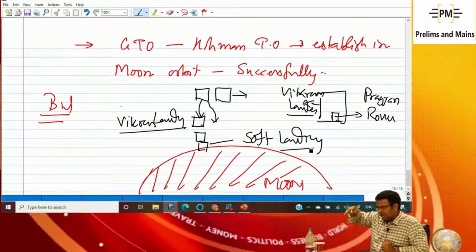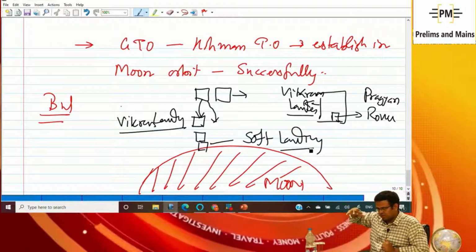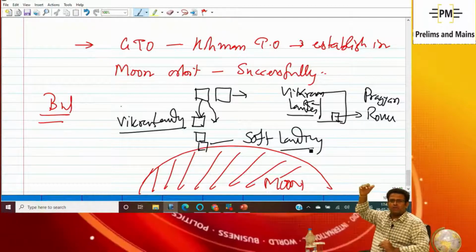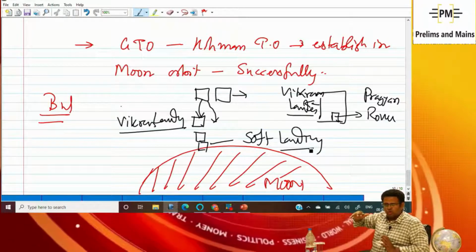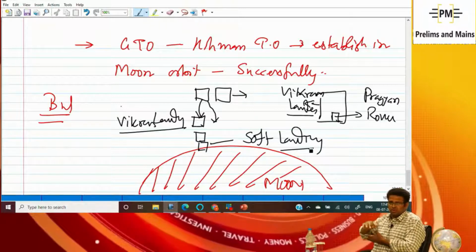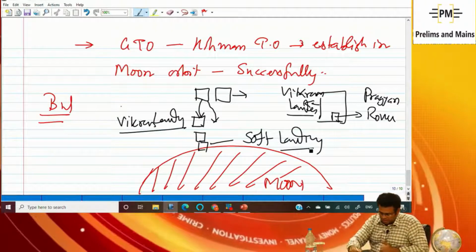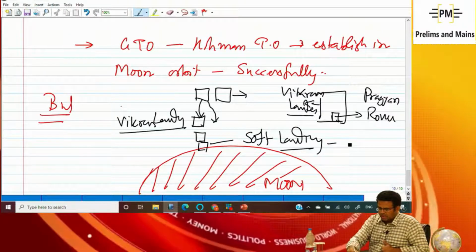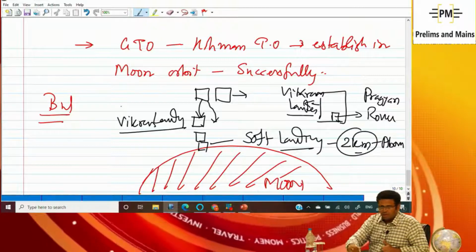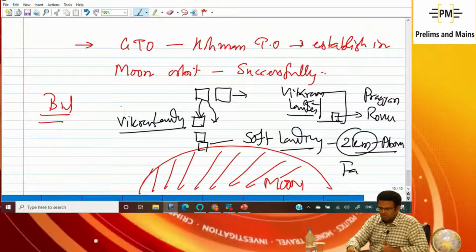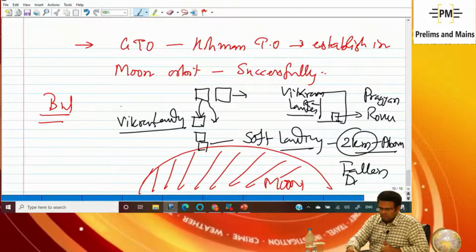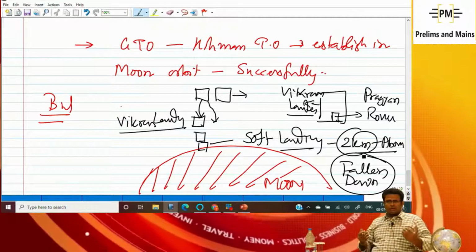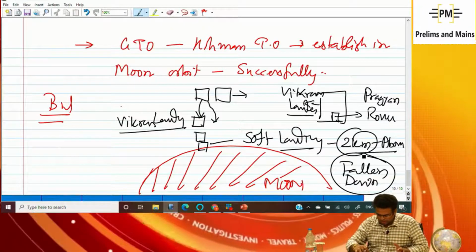Before falling, through the camera this Vikram lander was finding out which is the soft land, and it was falling down from a few hundred kilometers up, but on reaching just 2 kilometers above the moon surface, it lost its control and fell down, गिर गया, और उसके बाद we are not able to